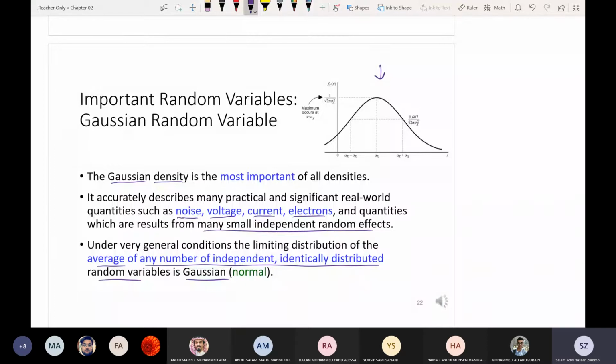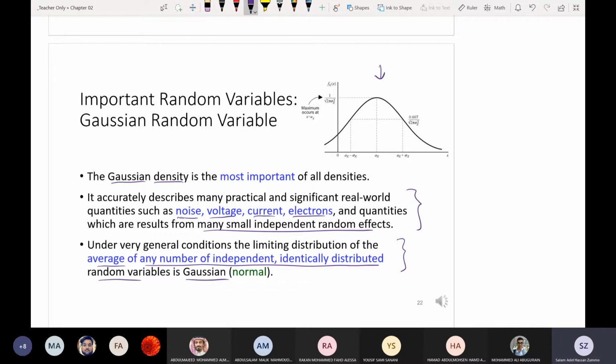But the point is, the Gaussian random variable is well known and it's widely used in many engineering applications because it describes either the result of many small inputs such that the summation of them will give you a Gaussian random variable, or in case you are looking at different sources and the summation of these sources, every one of them a random variable independent from the others, then the result will also be Gaussian. And because of that, you see Gaussian random variables in most engineering applications.